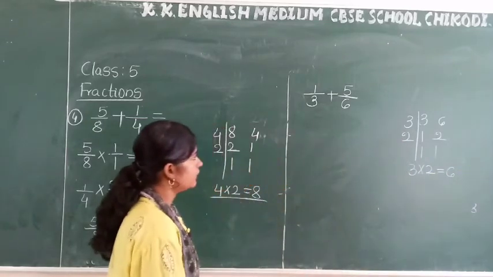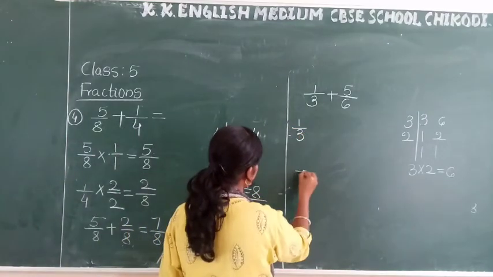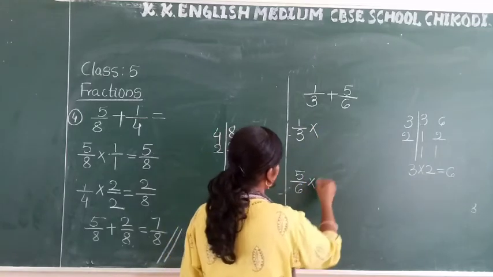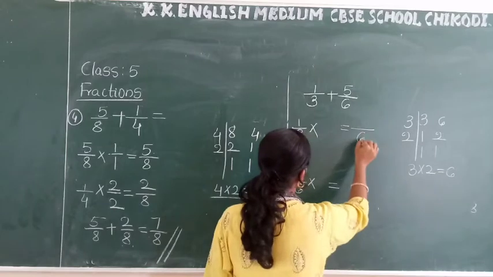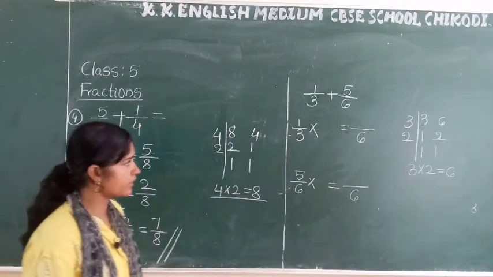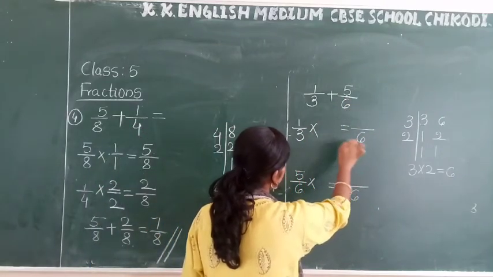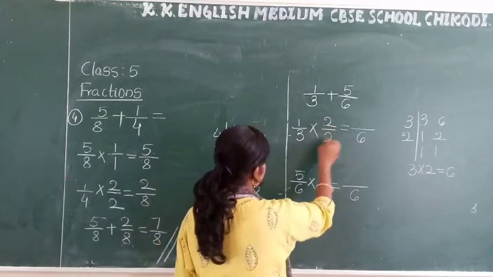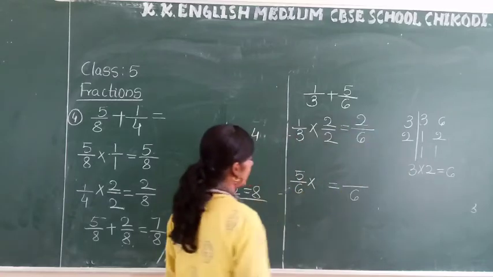Okay. Next step, you have to take 1 by 3 here and 5 by 6 here, into and into, equal and equal. Here you have to make the denominator 6 because our LCM is 6. Then see here, 3 is there. If you want to convert this to 6, which number do I have to take here? 2. 3 2s are 6. 3 2s are 6 and 1 2s are 2. You keep it as it is.